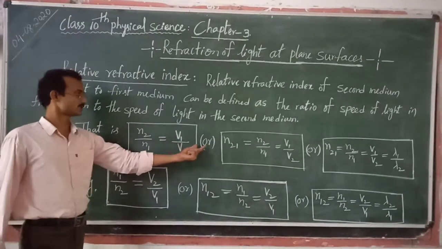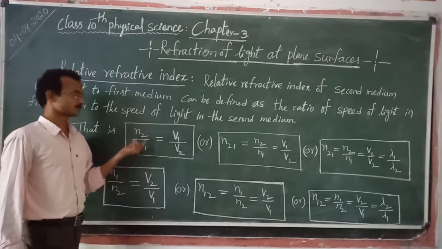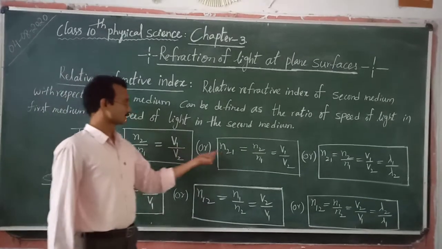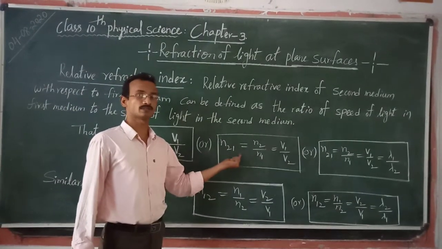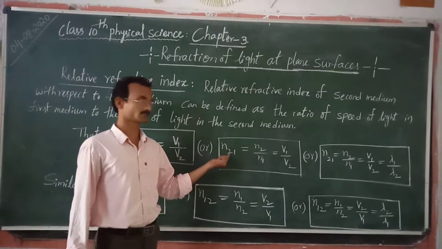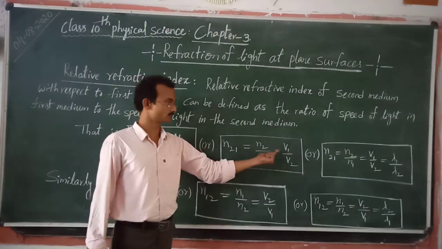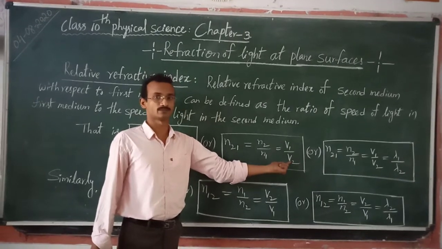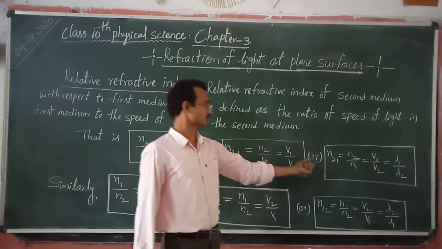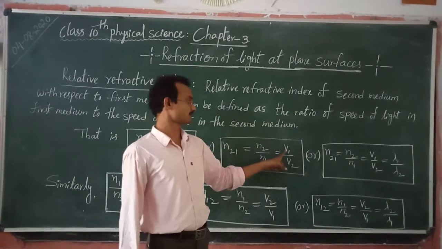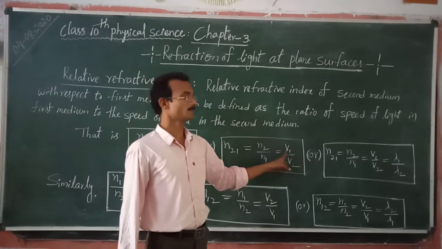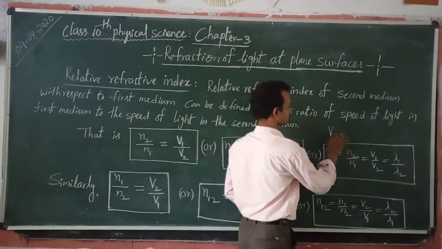It can also be written as n2 by n1, represented as n21. n21 means the relative refractive index of the second medium with respect to the first medium, which is equal to n2 by n1, that is equal to v1 by v2. And speed of light can be written as v equals to the product of